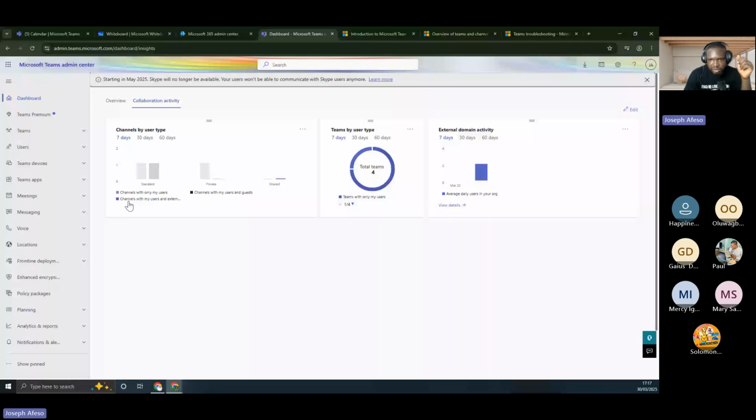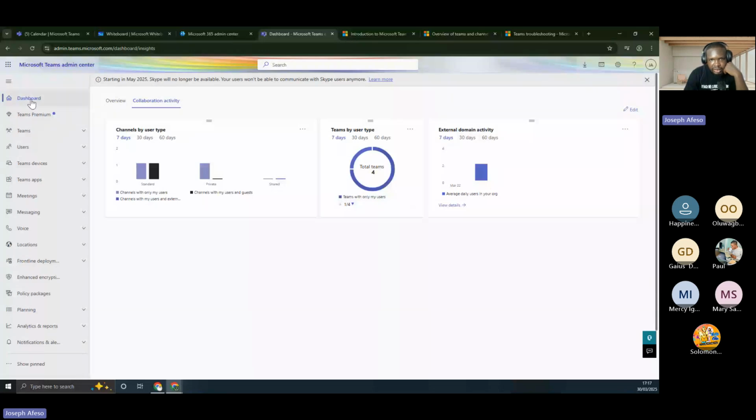There are channels with my users and external users. The channels with my users and guests. Then teams by user, you can see I have 4 teams. I actually have my users in external domain activities. Then these are just going to show me real-time detail.